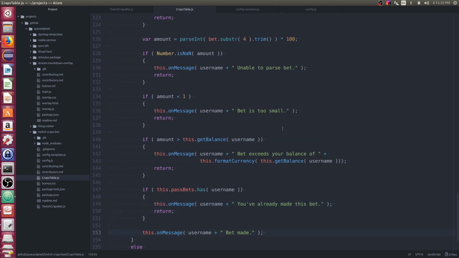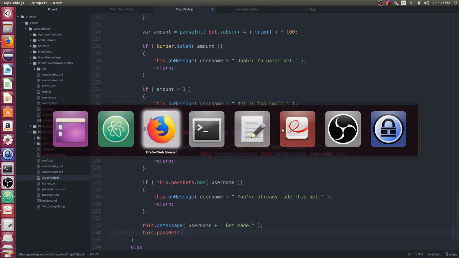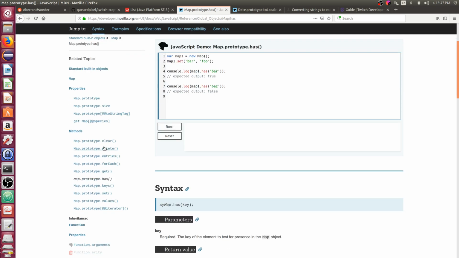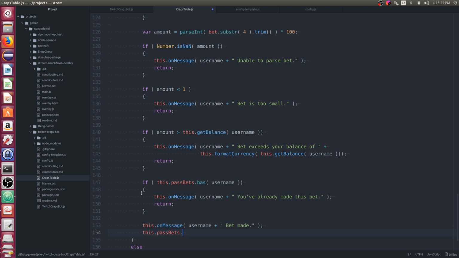So otherwise, let's say this dot pass bets dot, is it put or set? I forget. I made this mistake once already. Set. We'll go with set, and this is username, comma value.